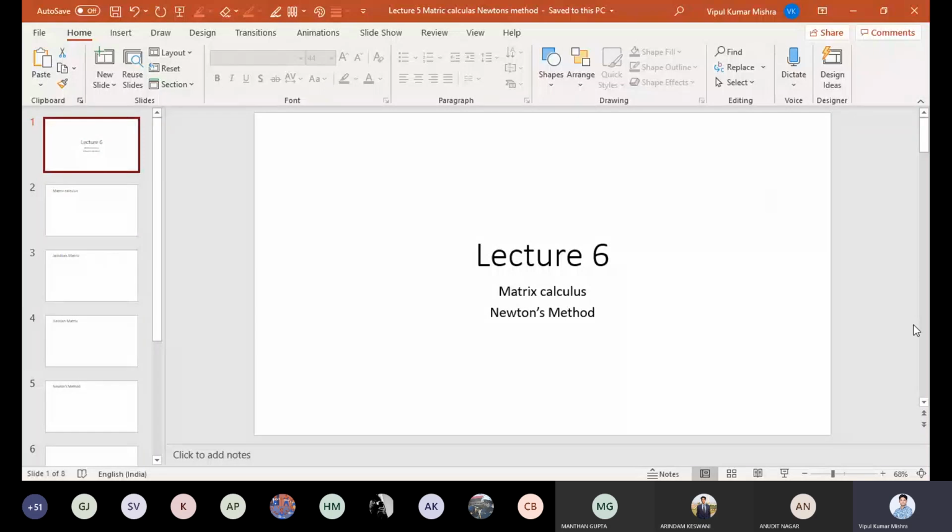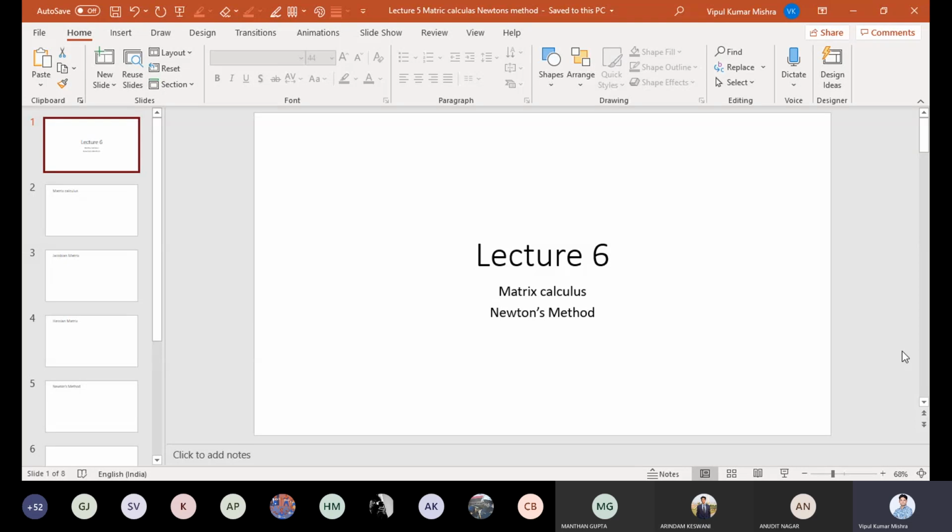So today in our lecture we will talk about just two things, not more than that. The contents is really small so that we can do more discussion than just watching the things. First is matrix calculus, only a tiny part, which we require for linear regression, or even later on for neural network architectures. Then we'll jump to Newton's method.